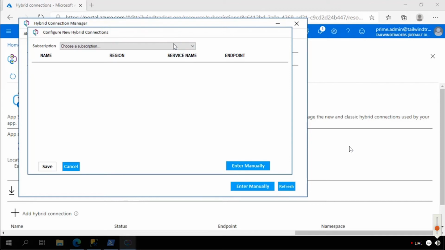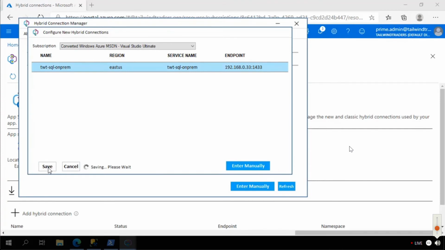I select a subscription. What it does there is perform a query on all of the hybrid connections that are configured for that subscription. So you just saw me create one where I specified that IP address, and you can see it there, 192.168.0.33:1433. It's important that you configure that addressing when you set it up in the cloud, so that when you're on-prem and you're selecting that, it knows all of the plumbing and the routing that it needs to use to connect to that TCP data source. So I select that item, I select Save. It saves that item,